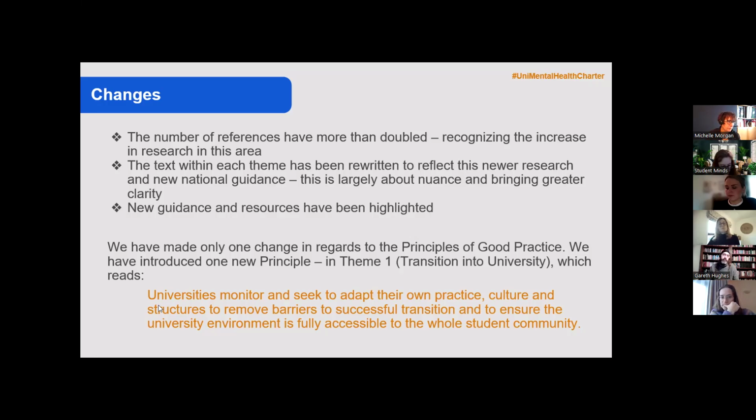There was a hint of that in the text of the original framework, so it's not out of the blue, but we just have more work in that space now to say that this is a place where we should be pushing universities a little bit more. That principle of good practice won't come in until next year. So the universities who are being assessed this year will not be assessed against that principle of good practice, but those who are in the cohorts next year will be.